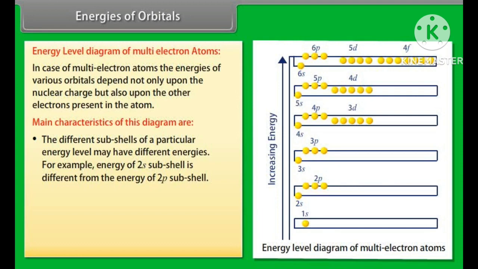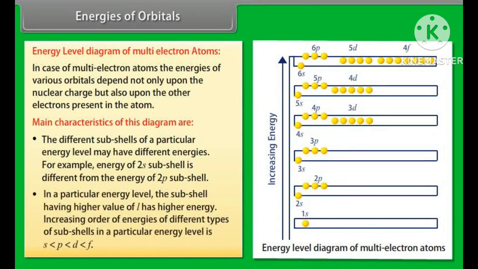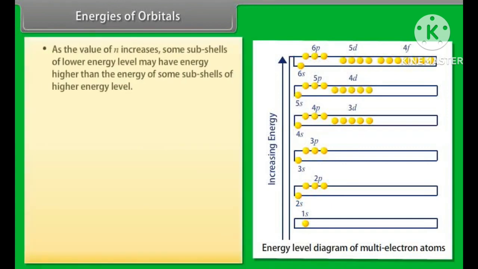For example, energy of 2s subshell is different from the energy of 2p subshell. Number 2, in a particular energy level, the subshell having higher value of l has higher energy. Increasing order of energies of different types of subshells in a particular energy level is: